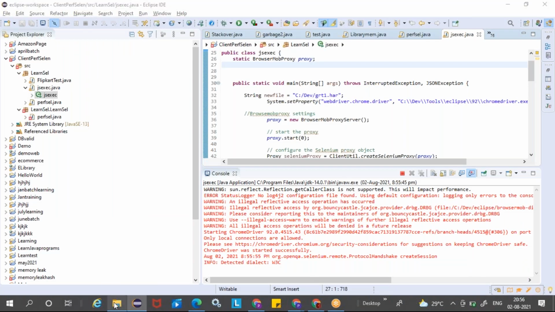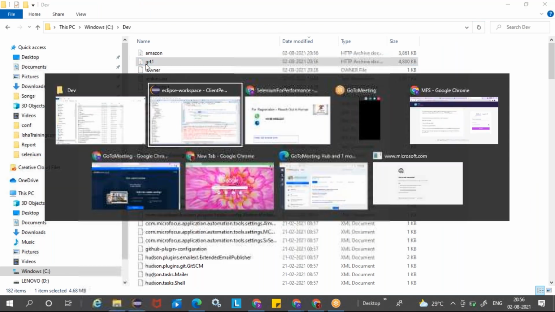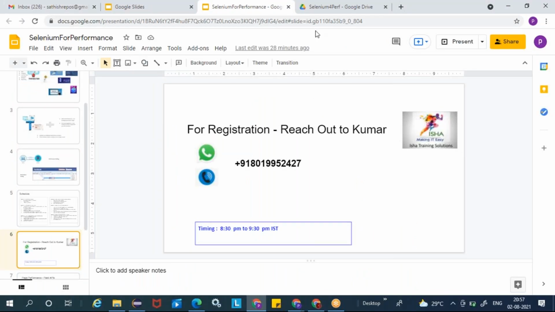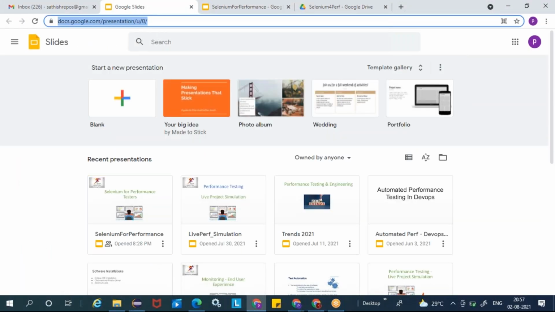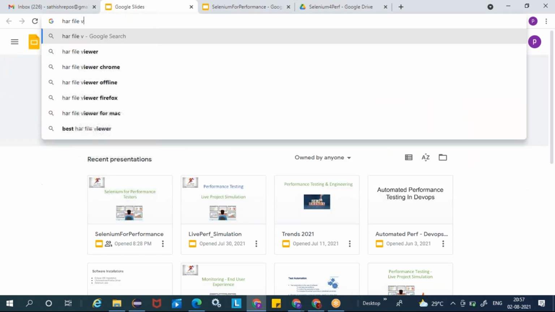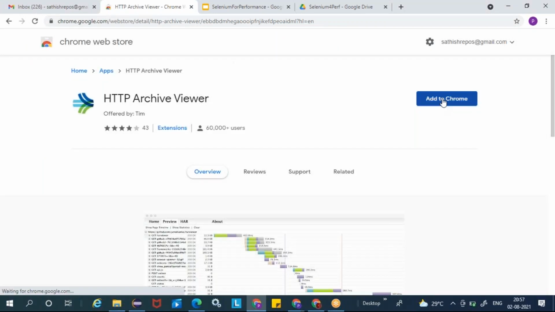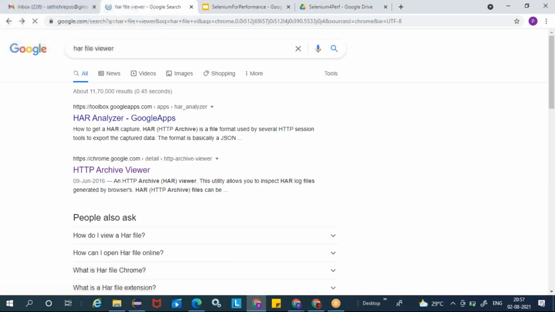It closed, and if I go to this folder, C dev, you will find a couple of HAR files. At 856, it generated two HAR files, right? And then if I go and open this in the HAR file viewer, I can upload this HAR file.